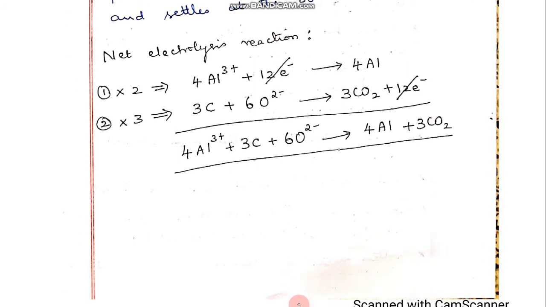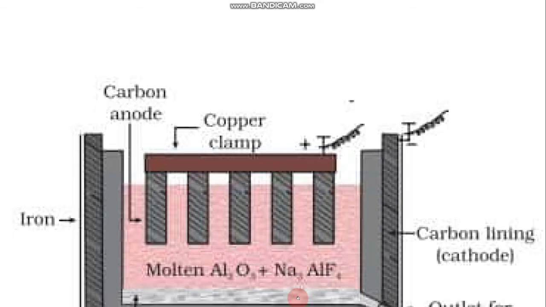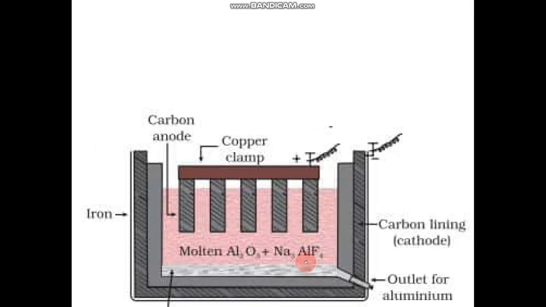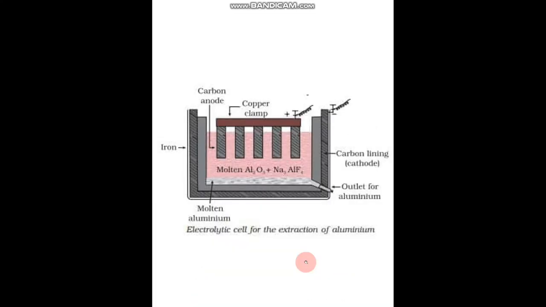First, let us see the diagram, and after the diagram, we can just... I hope you can see the diagram. This is the electrolytic cell we are using in the Hall-Héroult process, and you can see the outer covering here, the outer layer. The outer layer is made up of iron, and that is the cathode here.